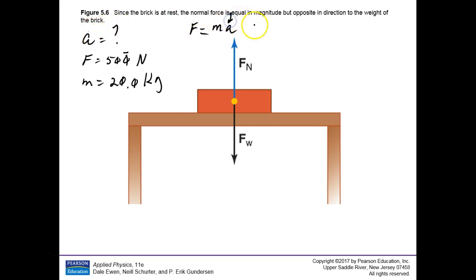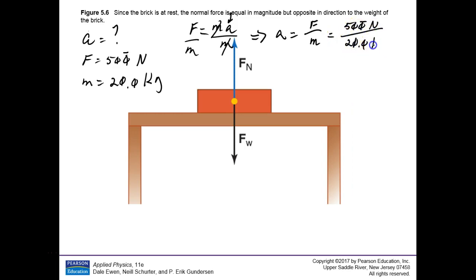And how do you solve that equation for acceleration? Divide by mass. Divide both sides by mass. And that produces acceleration, because the masses divide out here, equal force per unit mass, which would be, plugging in, 500 newtons divided by